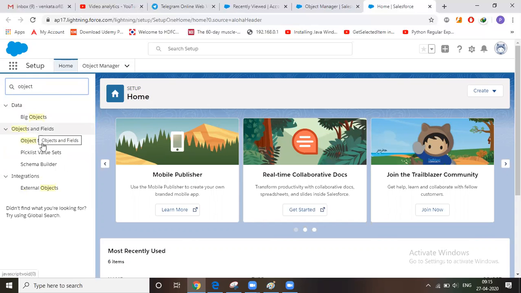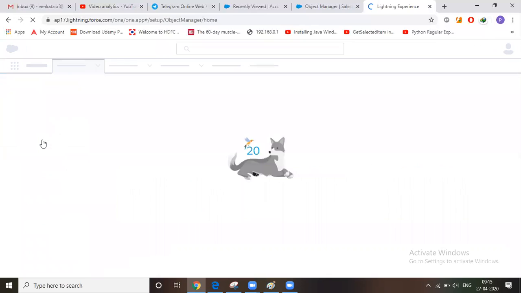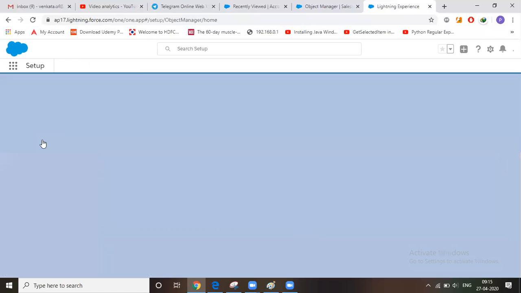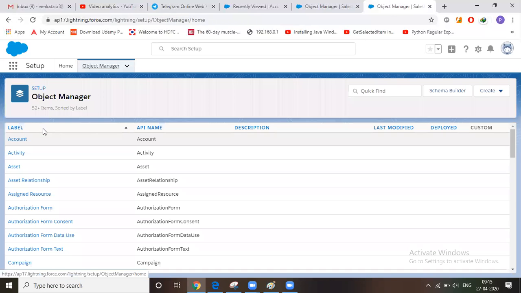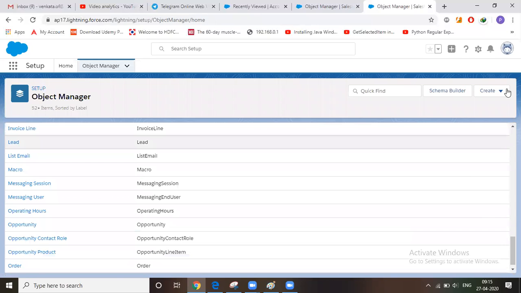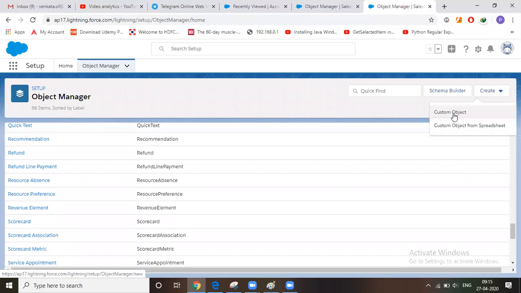There's some navigation from the menu. It will open the home page of the Object Manager. These are the list of existing objects. So you can go with Create custom object.